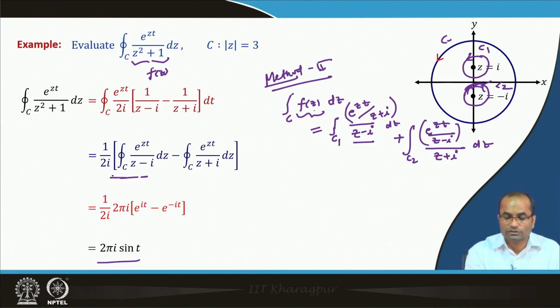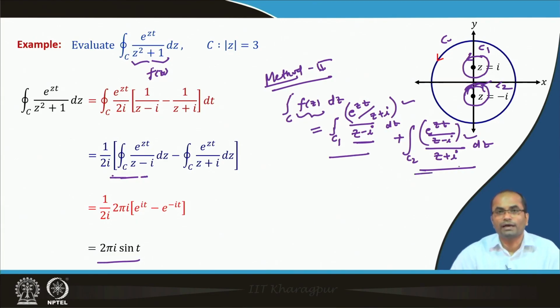We can just write down the given integrand in this form, e power z t over z plus I and z minus I, and for the second curve we can use z plus I. So, this is for the multiply connected domain; we have seen the integral formula, and that idea we have applied here. So, then in the first case, this has to be evaluated.